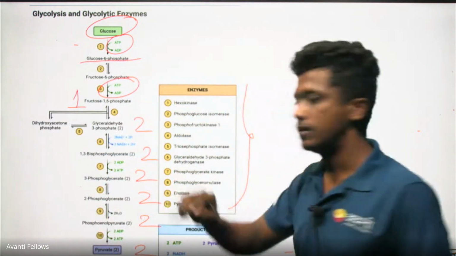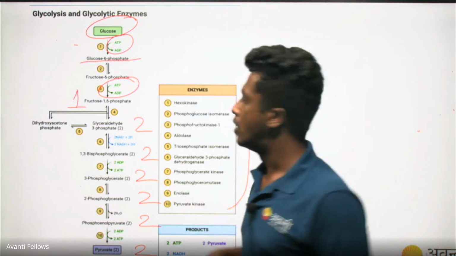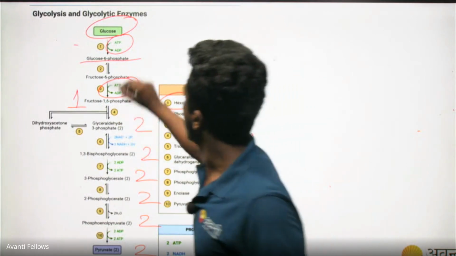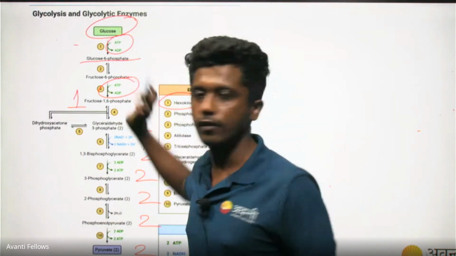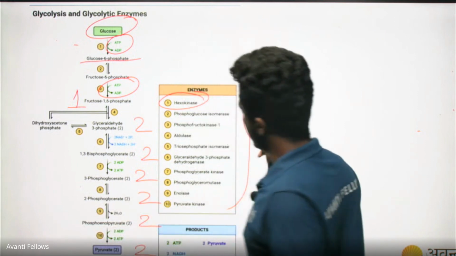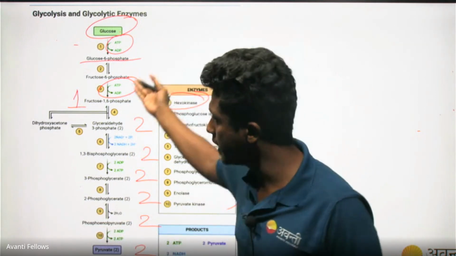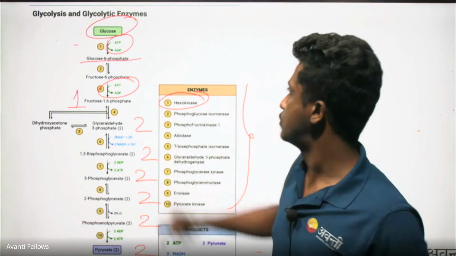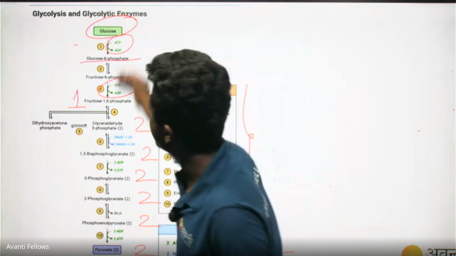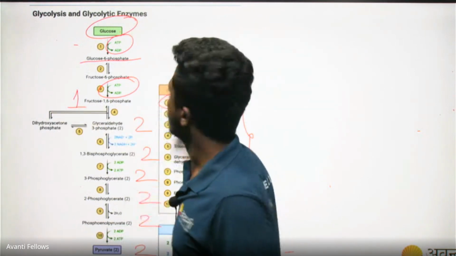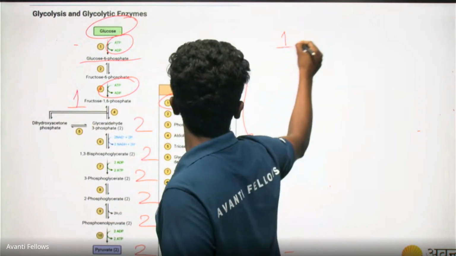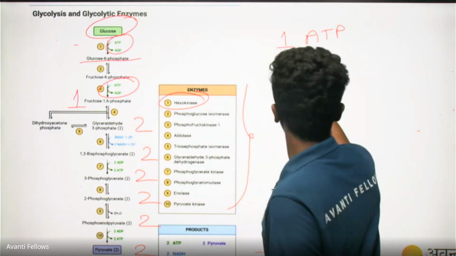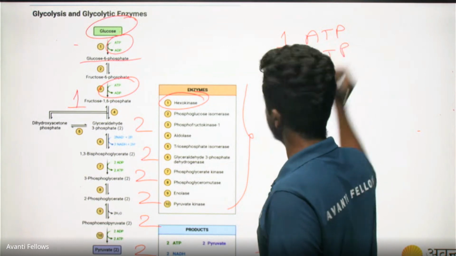Yes. So now I would make it simpler for you. All these enzymes you need not remember. What you have to remember is hexokinase. Very important. What does hexokinase do? It helps in converting glucose into glucose 6-phosphate. That's it. The rest of the things is how many ATP are invested, how many ATP we get returned. Let us watch. In the first stage, in the investment phase, what are we doing? We put one ATP molecule here, and again we add another ATP molecule, correct?